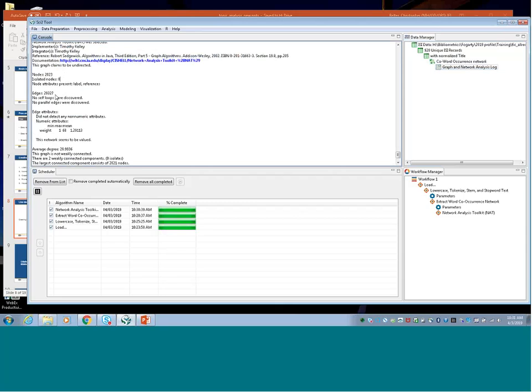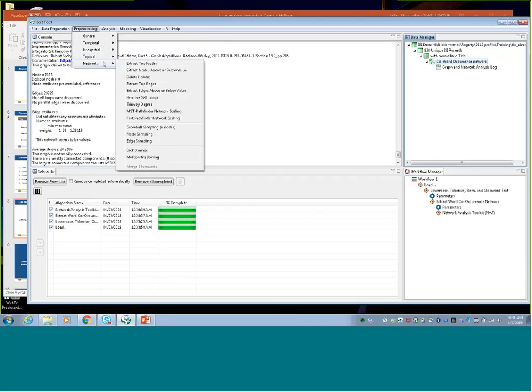So we, again, want to prune this network in order to make sense of it, to pull out terms that co-occur in a very large number of documents in our particular document set. So after running the network analysis toolkit, we want to go back to the data manager, select the co-occurrence network, and then we're going to go up and start removing some of these edges. So we'll do pre-processing, and then networks, and then dichotomize, just like we did with the co-authorship networks to do this pruning. So we'll select dichotomize,